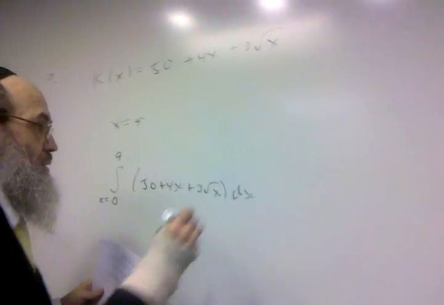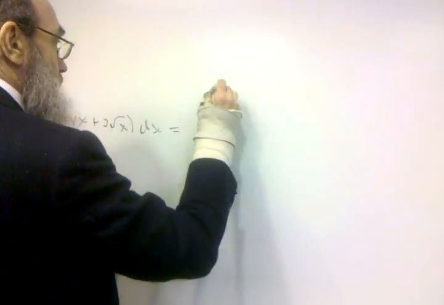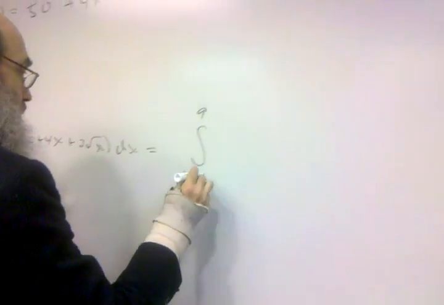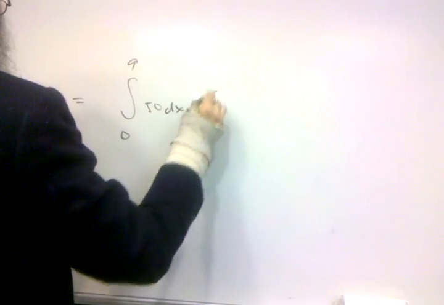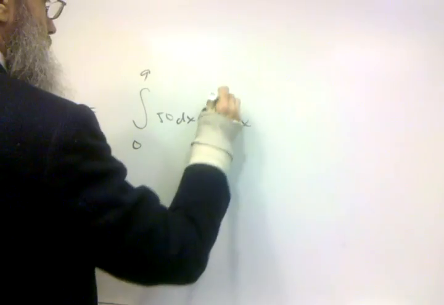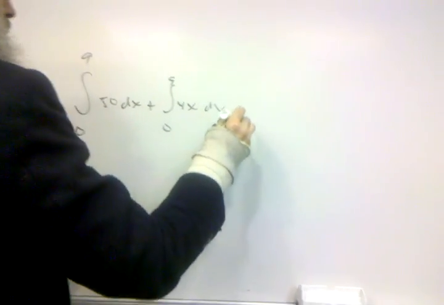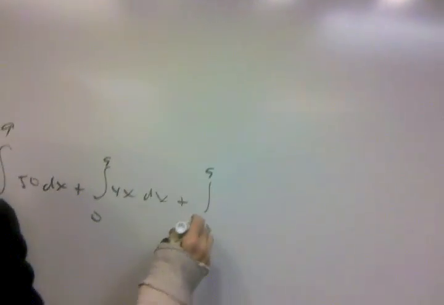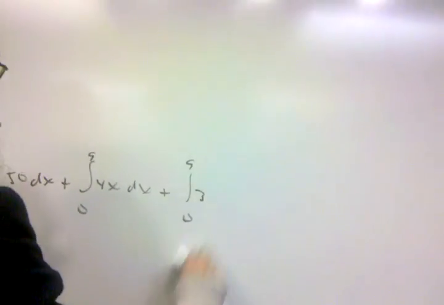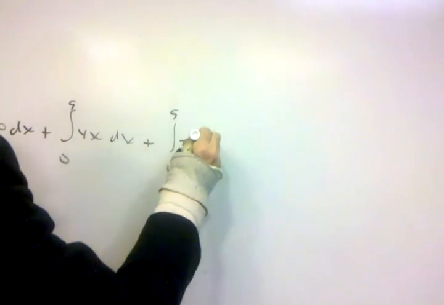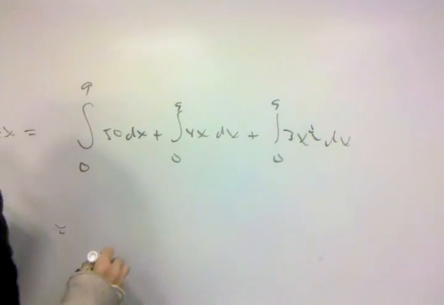So this equals, it's a definite integral, x equals 0 to 9. We can either write the x or leave it off. The integral of 50 dx, plus the integral of 4x from 0 to 9 dx, plus the integral from 0 to 9 of 3, instead of saying square root of x, I'll say x to the 1/2, dx. You didn't have to break it up that way. The simplest way to do it is simply to take the